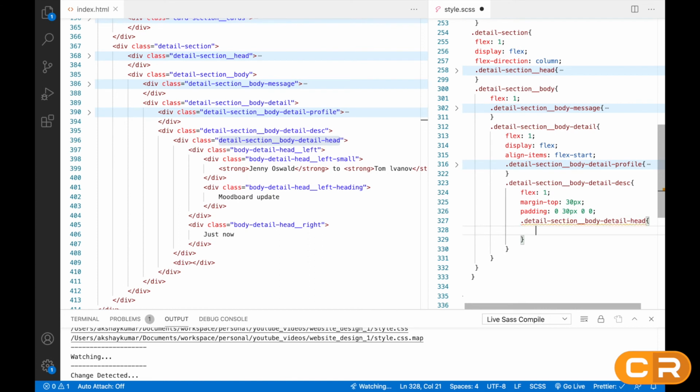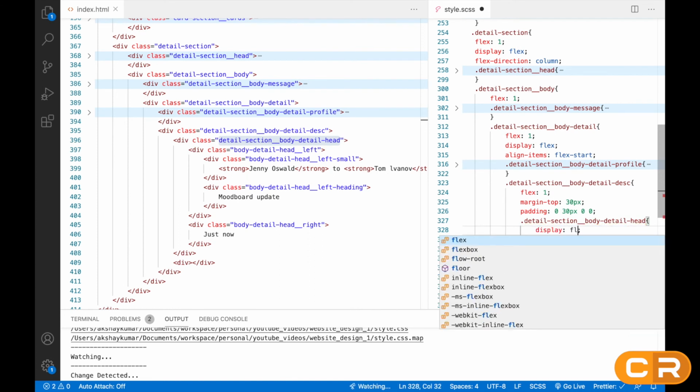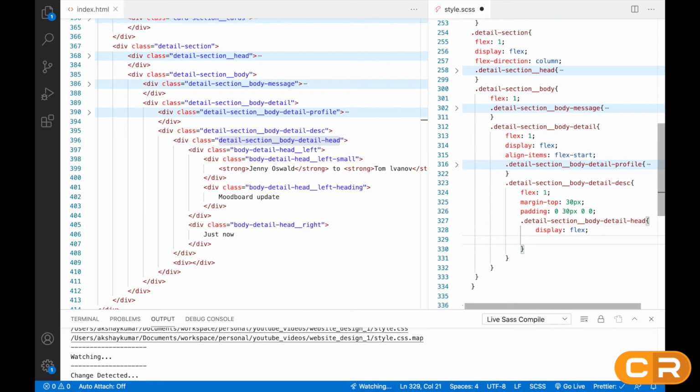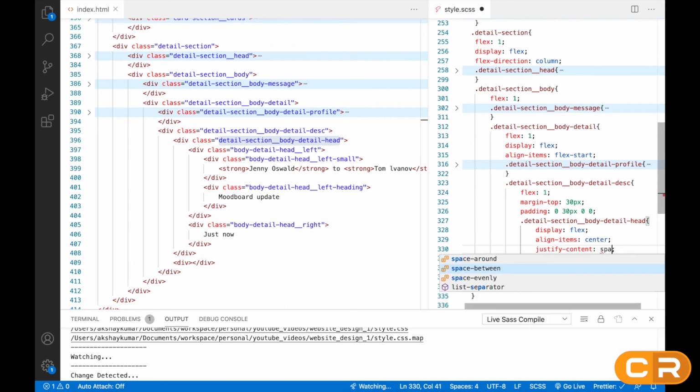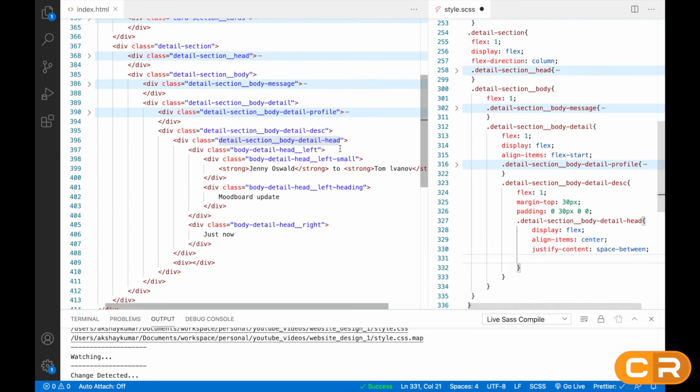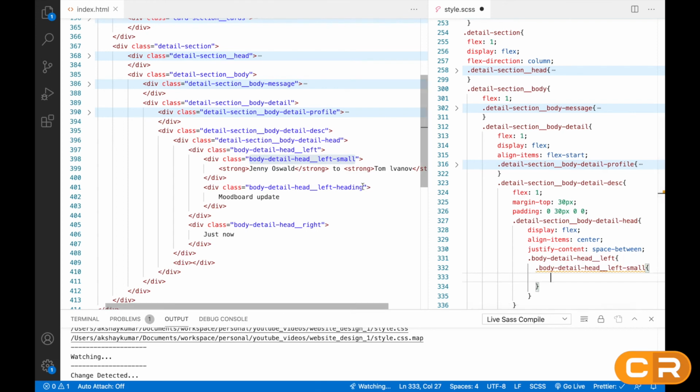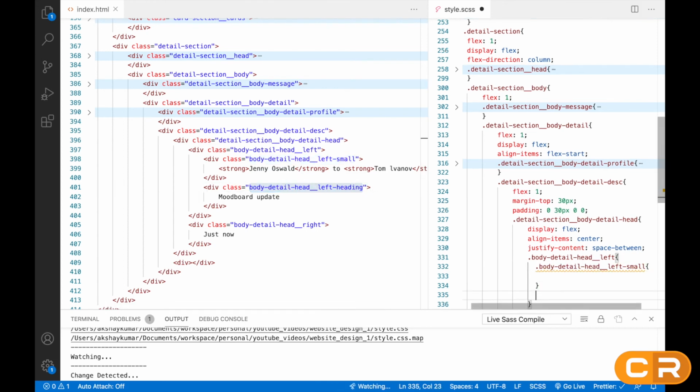So here we'll write display flex again, align items will be center, then justify content will be space between. So inside here we'll just copy this left class, and here we'll copy this small class. I will take this heading also here.